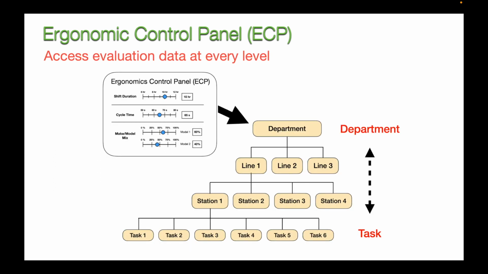Okay, and also the concept of an ergonomic control panel. We can have access to evaluation data at every level. I think of this as a drill down menu, where you'd be out on the floor with a tablet and you want to see the metrics for this line or this individual. Say we're on line 1, we want to see station 2 or station 1, and then I want to see task 4. So to go from the line to the station to the department, to be able to instantly access